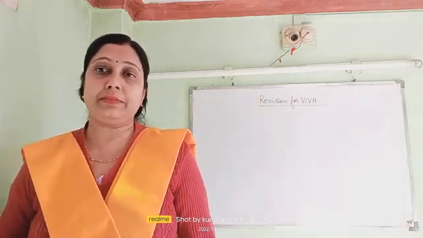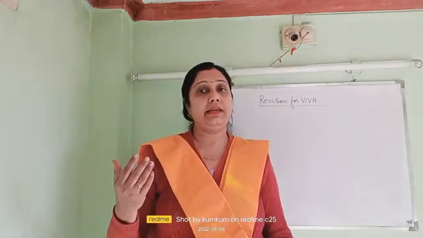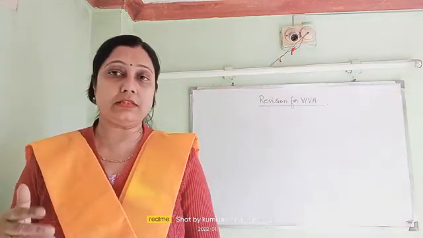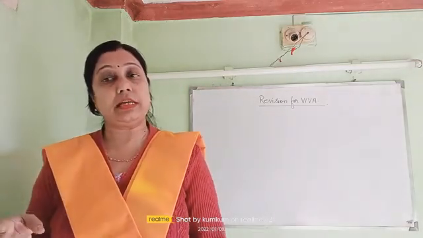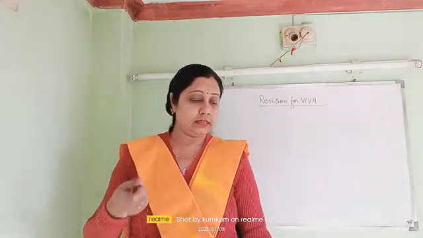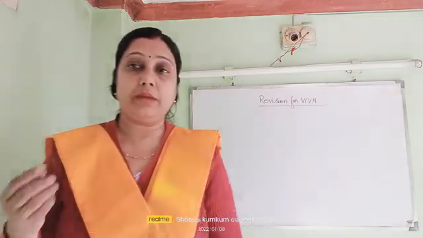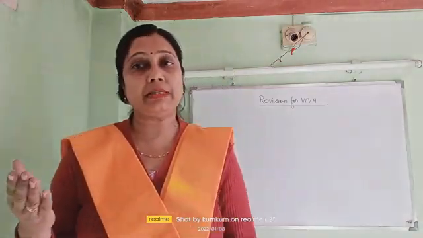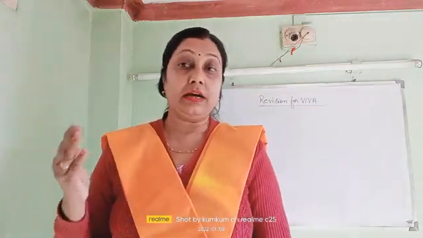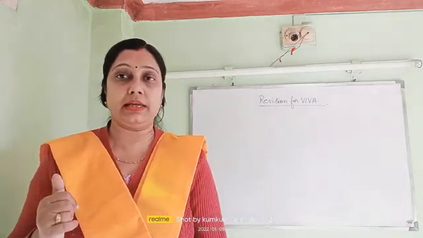Now next is chapter 12, because its importance is already known, we have done it in the CCE test also, and many times we have revised. So let us proceed to chapter 12, Northern Mountains. Mainly it can be divided into 3 broad ranges: the Greater Himalayas, the Middle Himalayas and the Southernmost Himalayas. The highest mountain peaks are all in the Greater Himalayas, like Mount Everest, Annapurna and Kanchenjunga.